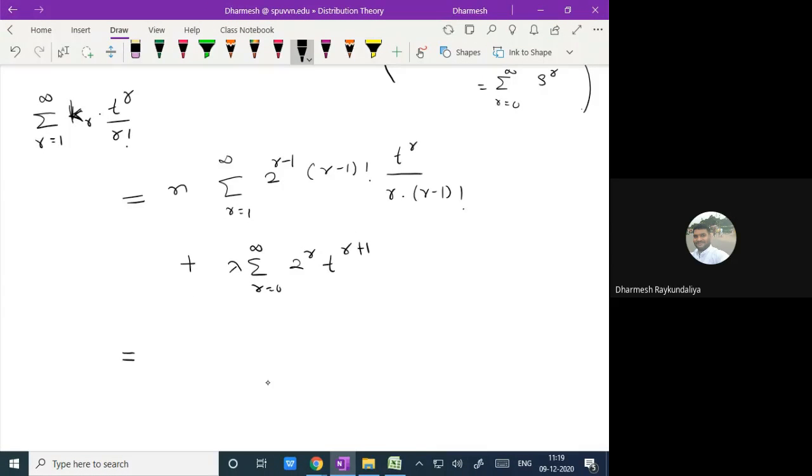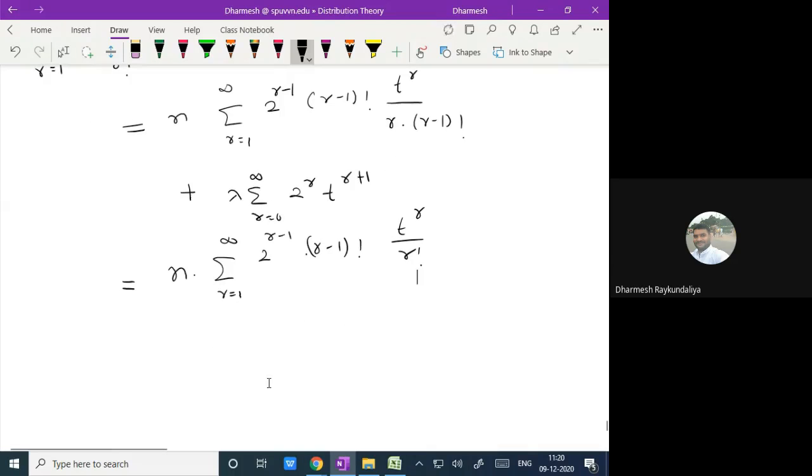So this is written as n into summation r equal to 1 to infinity 2 raised to r minus 1 into r minus 1 factorial into t raised to r upon r factorial, plus